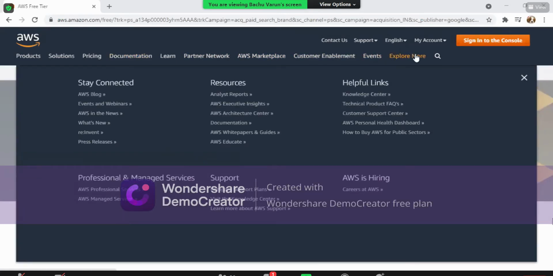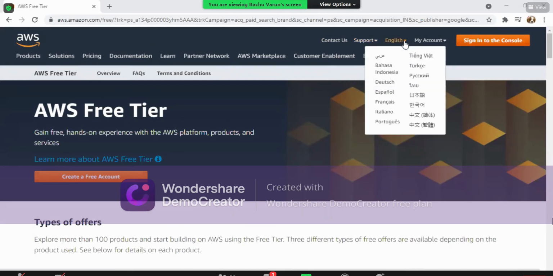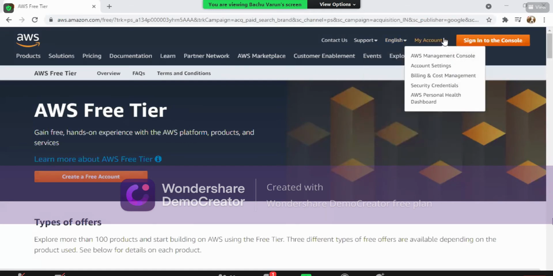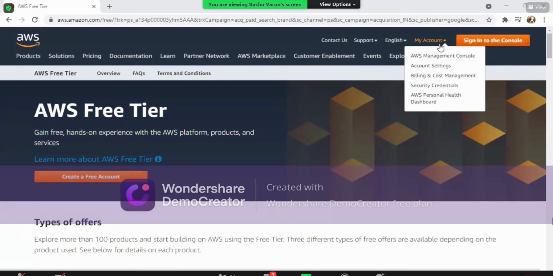There are many options on this page, and you can contact AWS people for any sort of information, and there is a support center available for you. You can change the language, and it is available in 8 different languages. And the final one is your account, where you can see all the available options.